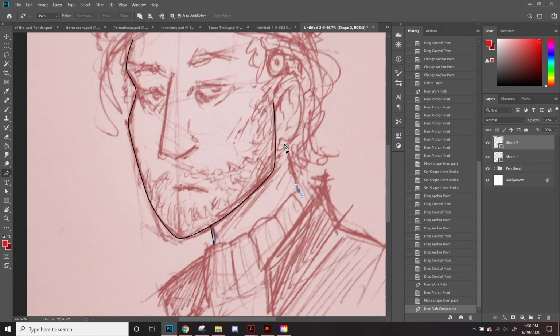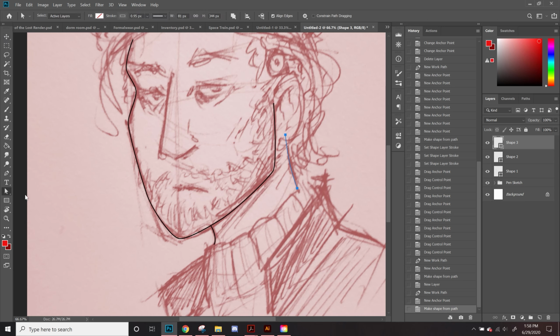Oh, it still did it. I'm going to create a new layer and then try that. There, that fixed it. Once again, we convert it into a shape. Go back to here. And it is all messed up again. So,